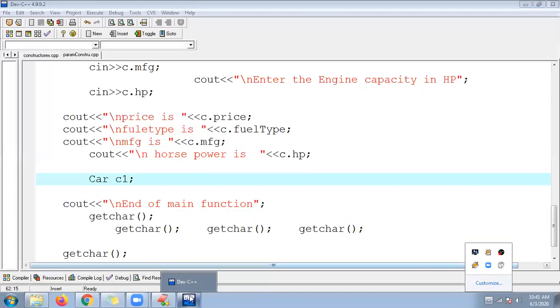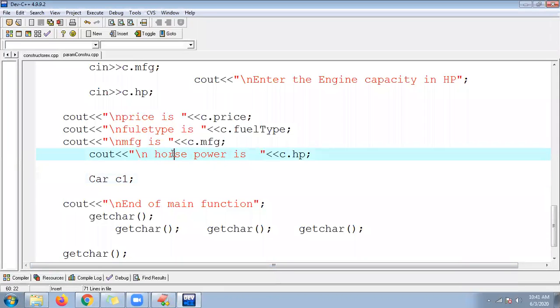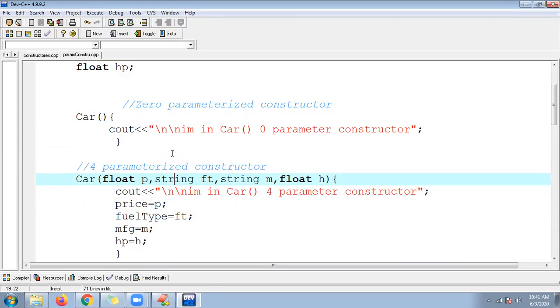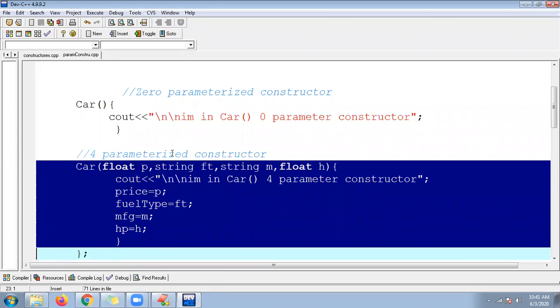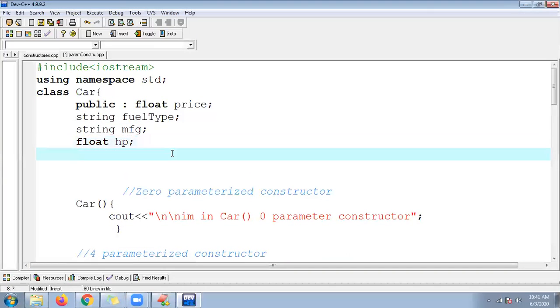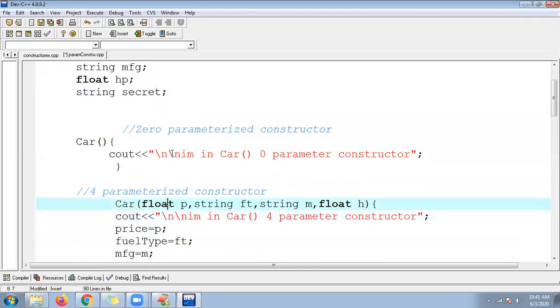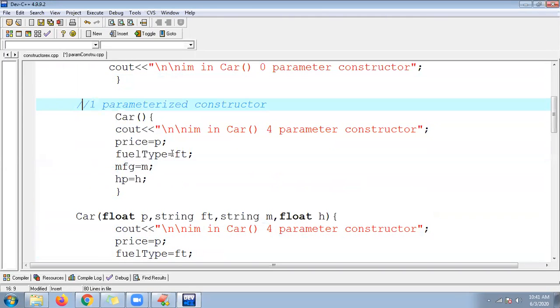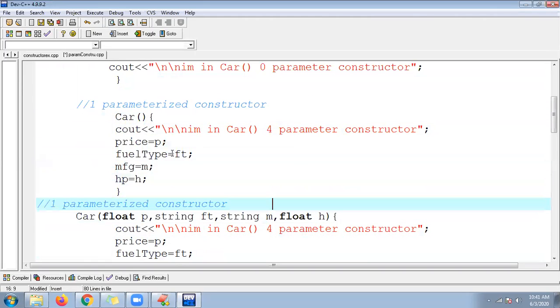There might be a question in your mind, guys. What is the question? Sir, here you have created a 4 parameter constructor. Similarly, I want to create a 3 parameter constructor. So how am I able to create it? You can create a 3 parameter constructor also, guys. But in that case, you need to have different variables. So suppose I want to use some secret part. So string secret. So I want to use secret. What should I use? I'm using one parameterized constructor here. Sorry, here it is 4.